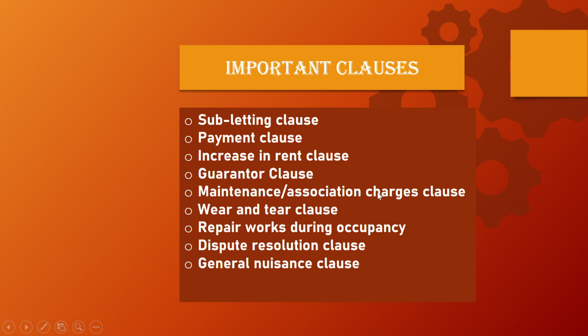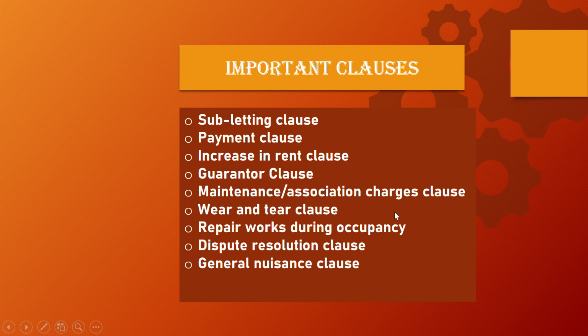Next comes the maintenance charge clause. The landlord bears the monthly maintenance expenses of the property, but the landlord may also collect money from the occupant. However, it should be clearly stated in the agreement who will pay the charges, and in the case of the monthly electricity bill or any other utility bill, it must be specifically discussed between the landlord and the occupant before agreeing as to who will bear the expense.